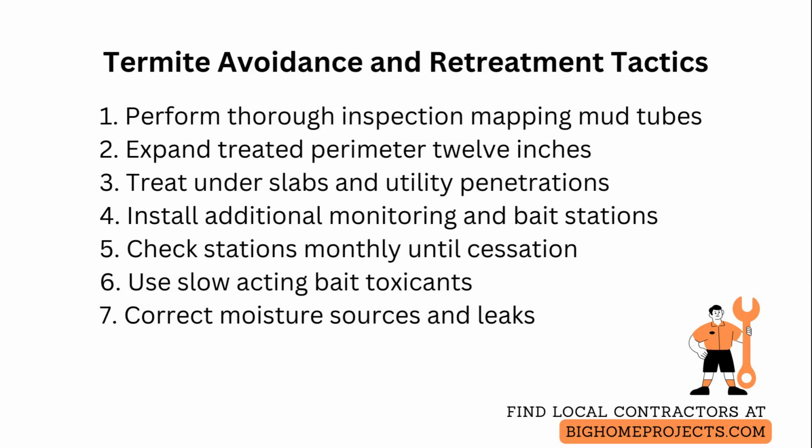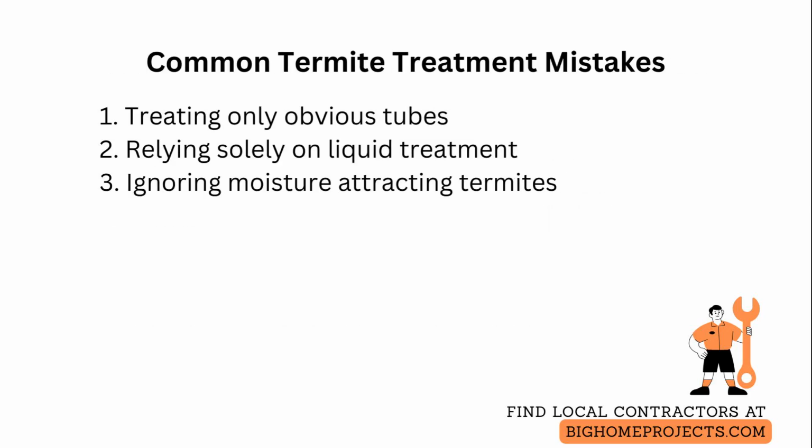If retreating with a liquid product, mix and apply exactly to label rates, maintain continuous treated soil contact, and avoid over-dilution when deep injections are used in backfill voids. Finally, locate and correct moisture sources like plumbing leaks, gutter problems, and poor grading because reducing moisture removes attractive conditions and limits termite persistence. Common mistakes begin with treating only obvious tubes without extending the barrier, which lets colonies simply